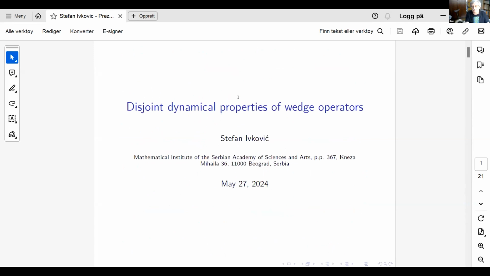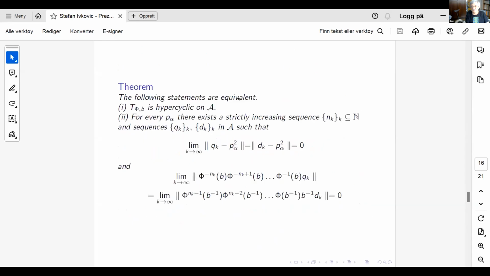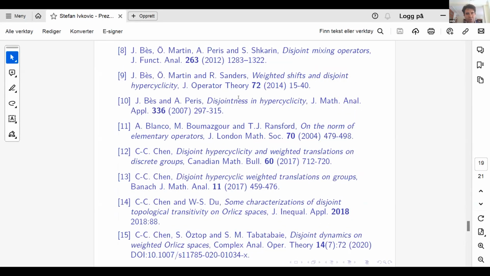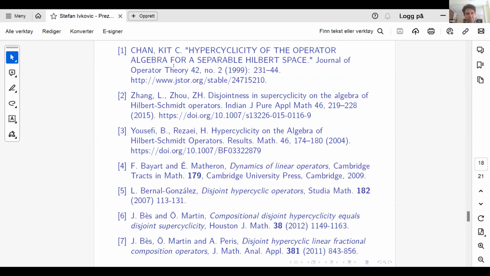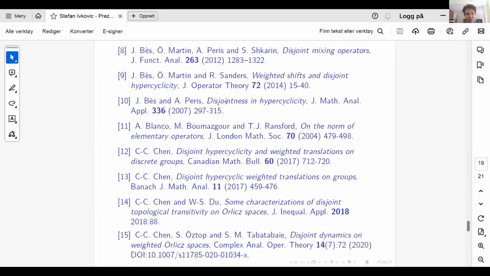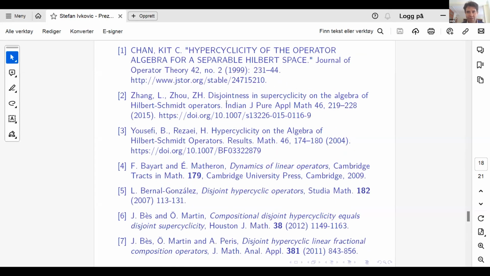But maybe could you show the list of references for a moment for possible questions? Just the list of references. Oh, yes. Here are a lot of papers which I used for my paper. In particular, this paper is very important, which has been published in the Journal of Operator Theory. However, my paper, I see that I forgot to put here, but I put it in the abstract. So you can find in the abstract, it is the paper published in the Bulletin of the Iranian Mathematical Society. For interested people, I can send them by mail the arXiv version and also the link to the published version of the paper.